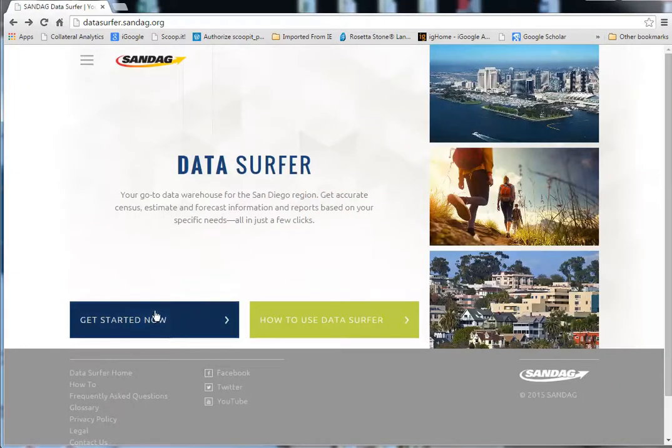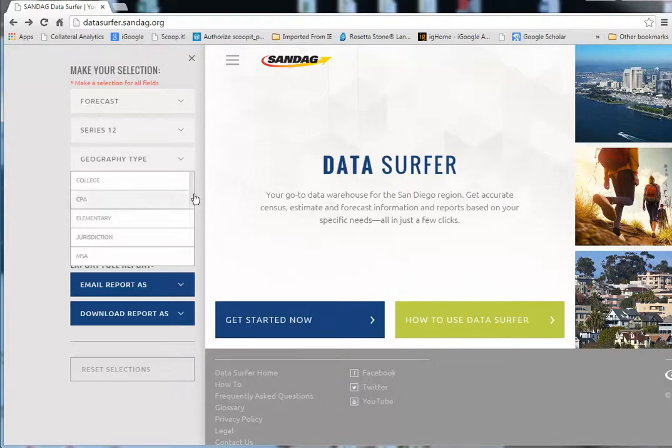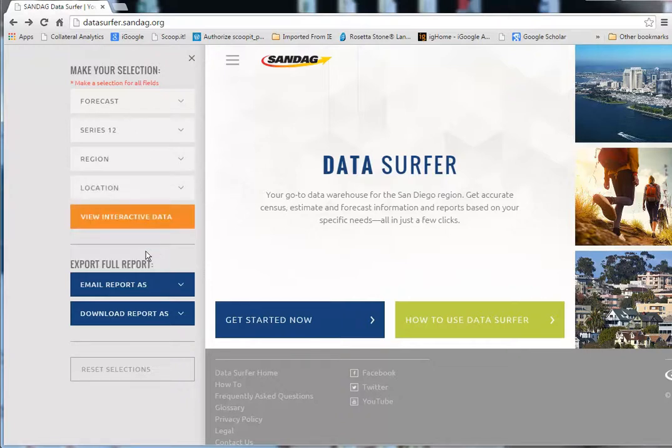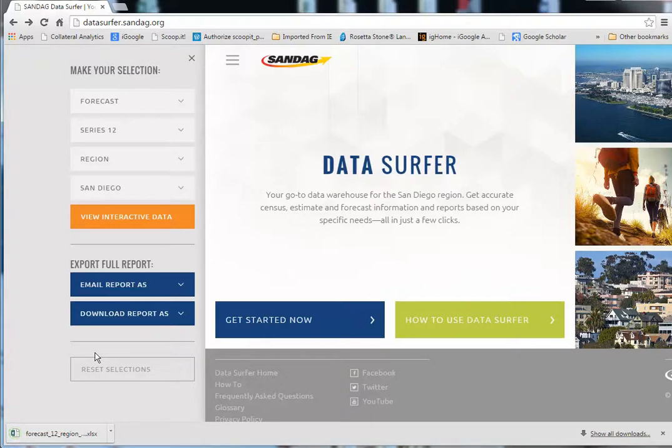Better recycle this. Try it again. And download report. Forecast again. Series 12. Geography, region. There it is. Location San Diego. Download report, Microsoft Excel. There it goes. Now we see at the bottom the Excel popping up, and I'm going to open that up,